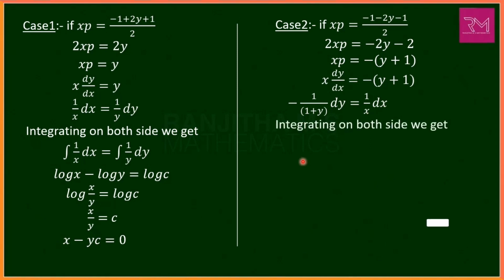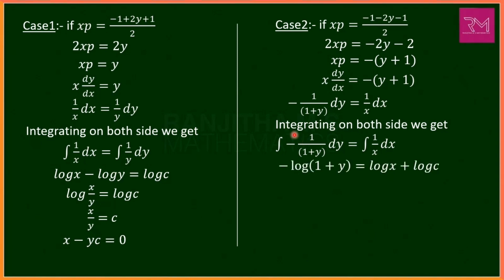Next step, integrating on both sides, we get integration of minus of 1 by 1 plus y into dy which is equal to integration of 1 by x into dx. Minus sign outside the integration, we get minus of integration of 1 by 1 plus y is log of 1 plus y which is equal to integration of 1 by x is log x plus some integration constant log c. Here this is of the form m log n, so we can take it as log n power m. So we get log of 1 plus y whole power minus 1,